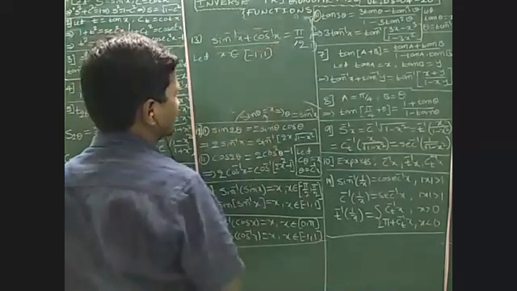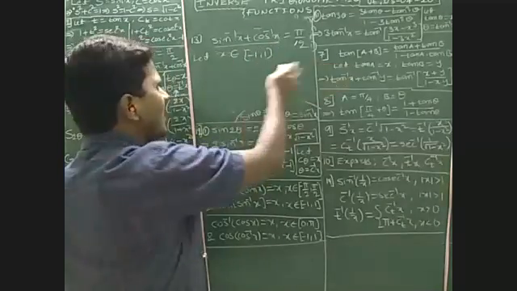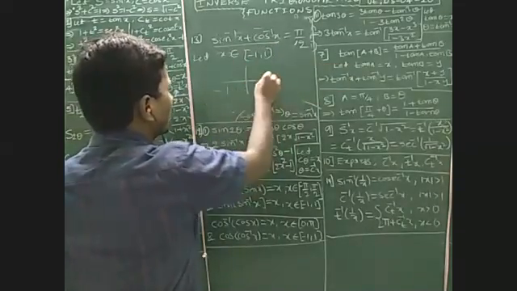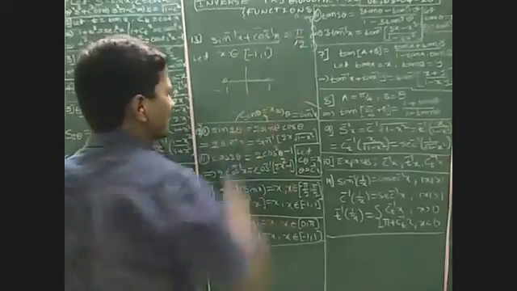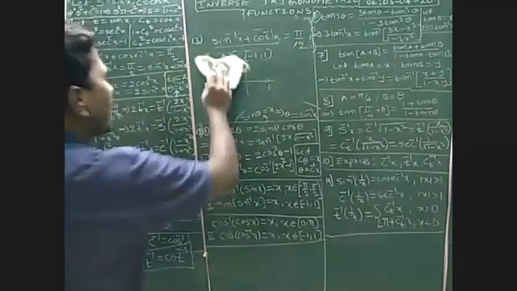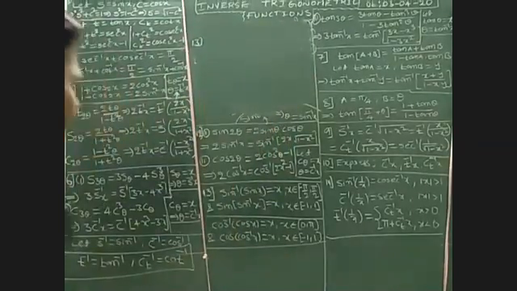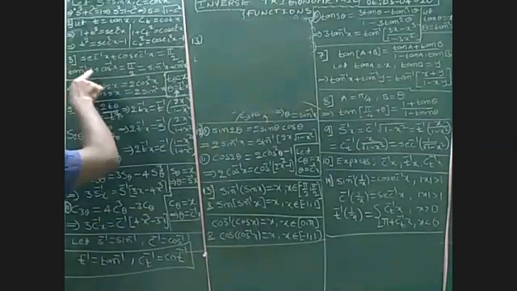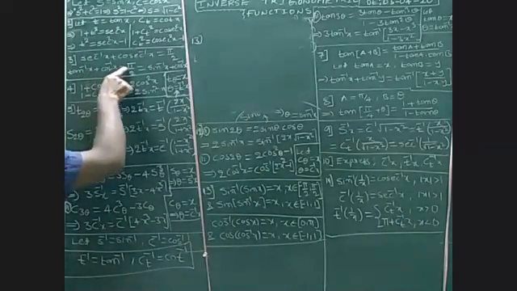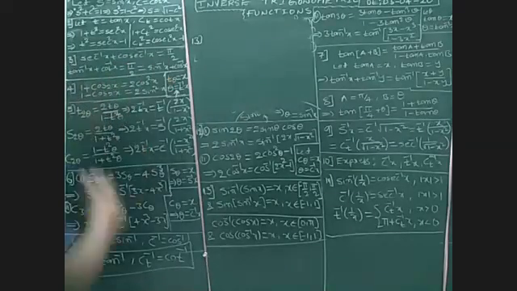-1 to 1 only. So between these two values, -1 to 1, you can take any value, and you'll get 90. In the same way, I have written other formulas. Sin inverse plus cos inverse is 90, and tan inverse plus cot inverse is also 90. Secant inverse plus cosecant inverse is also equal to 90.